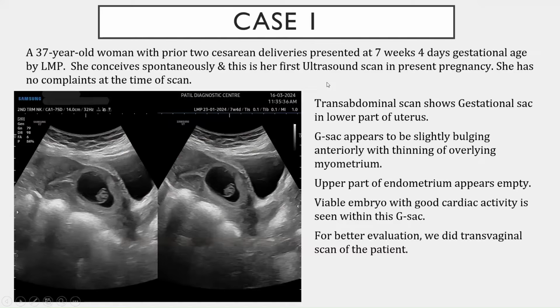This is case 1. She is a 37-year-old woman with prior two cesarean deliveries, comes at 7 weeks, 4 days gestational age. This is her first ultrasound scan, and she has no complaints. On transabdominal scan, we can see the GSAC in the lower part of uterus. GSAC appears to be slightly bulging anteriorly with thinning of the overlying myometrium, and upper part of endometrium appears empty